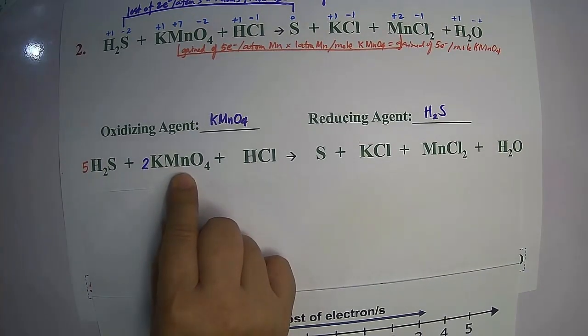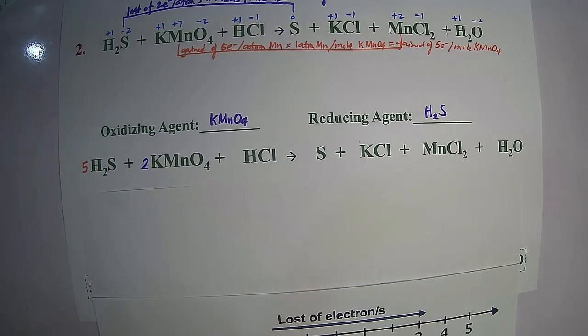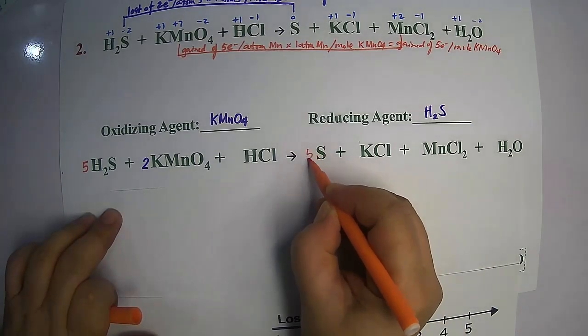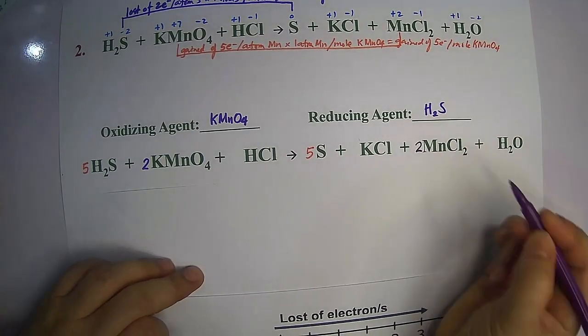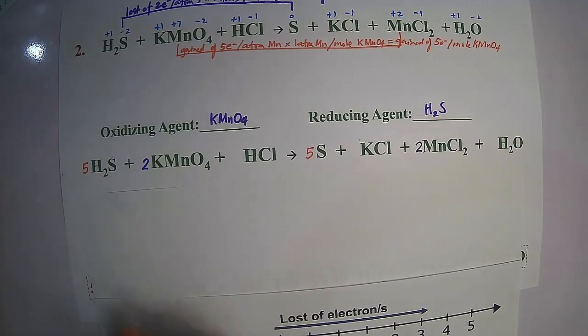Lost by sulfur. 5 moles of sulfur, where 2 electrons per atom is given off by sulfur. Okay, now to balance the other side, we have sulfur 5 here, and manganese 2, so we write 2. Okay, now that we have cross multiplied and balanced the other side as well,